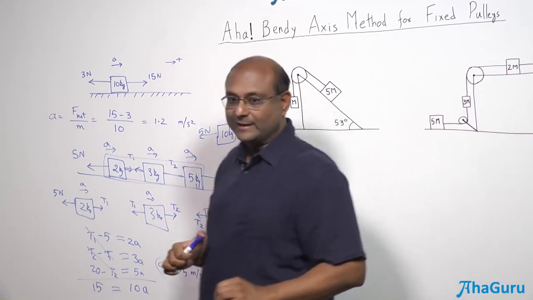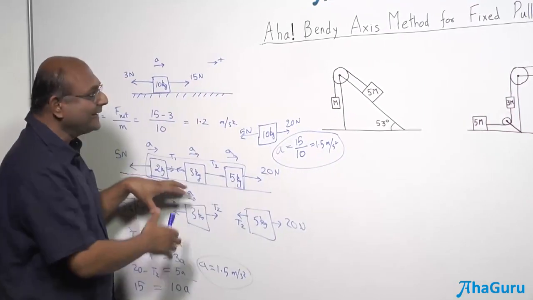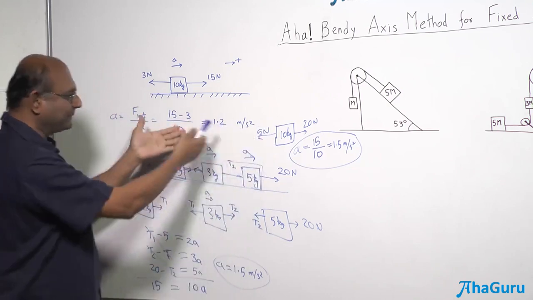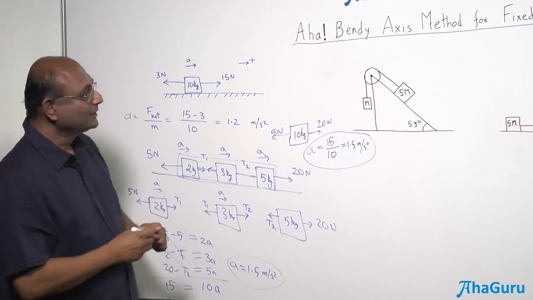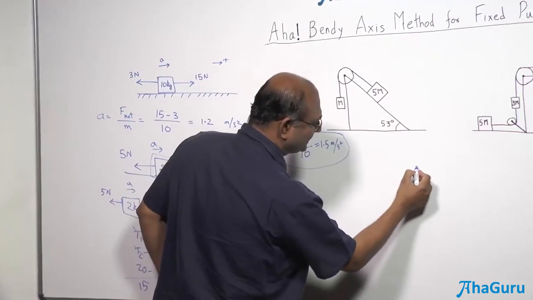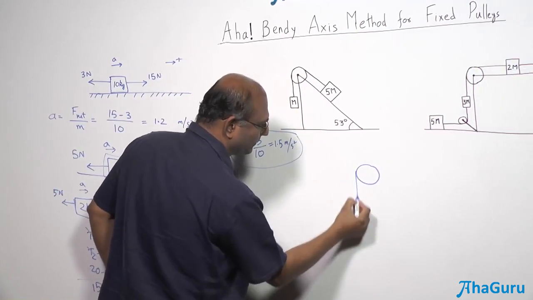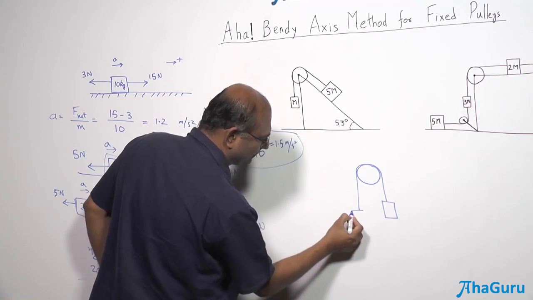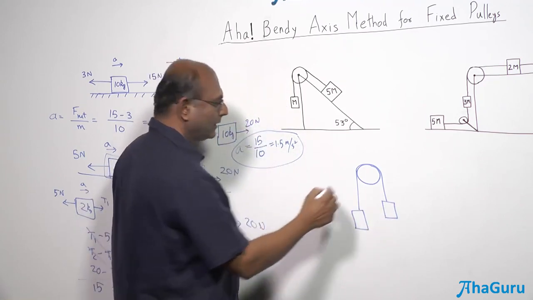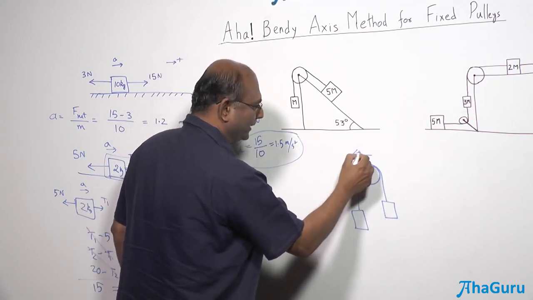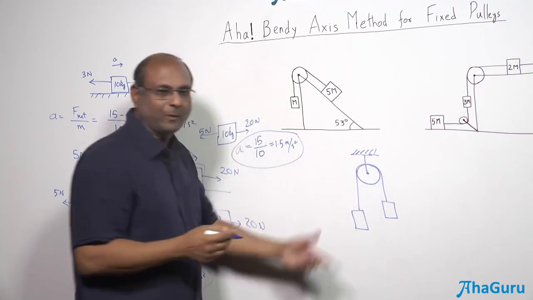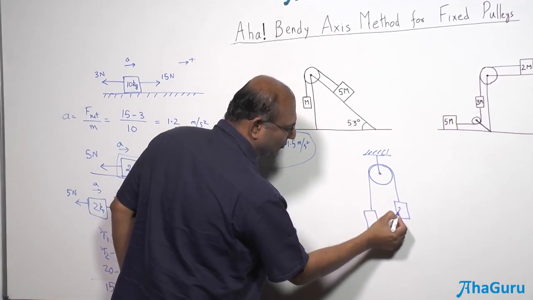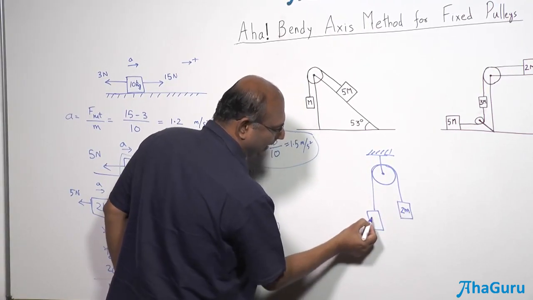But the key point is, can I use this idea for that problem? Because this obviously makes it much simpler, right? You don't want to do all this. So suppose let us take a question like this. I have a pulley and let me say that I have two blocks. Okay, and let us say that this pulley is stuck there. You already probably know the formula for this, but let us think about mass of 2m and mass of m.